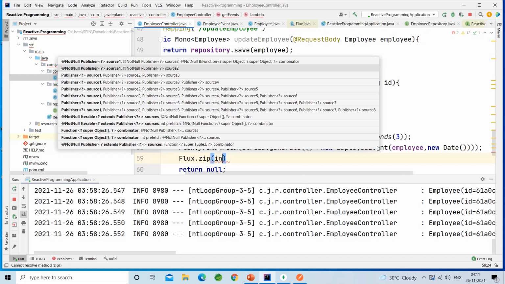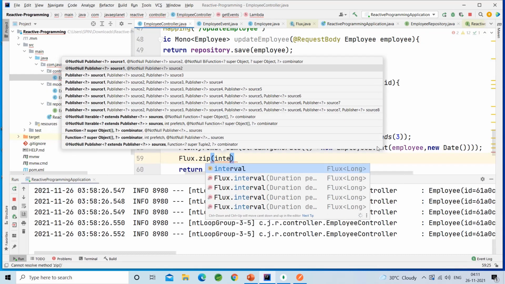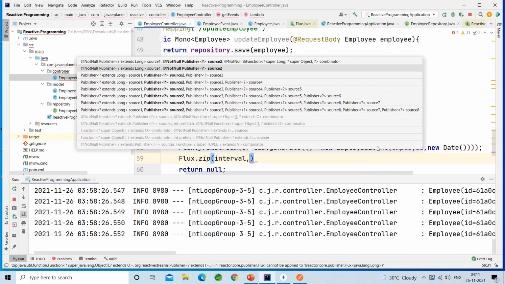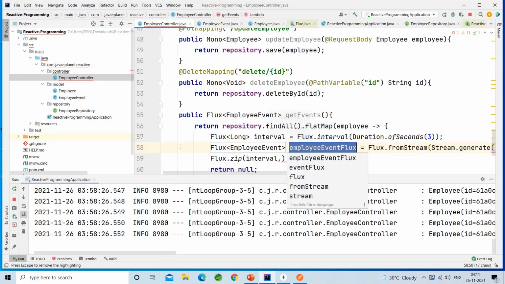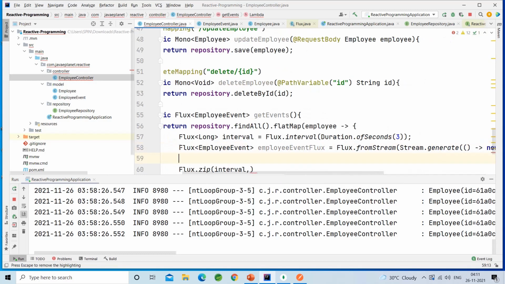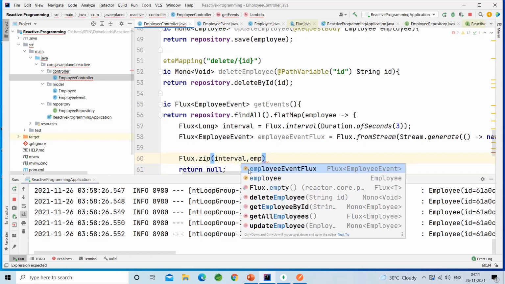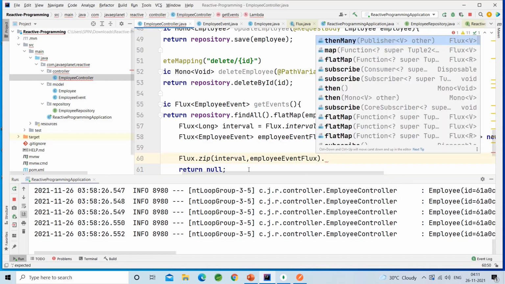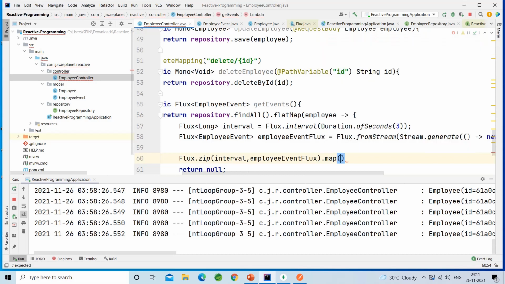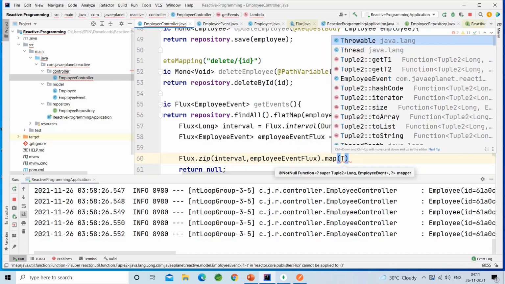I'm passing both, interval comma, assign statement to new local variable, alt enter, comma EmployeeEvent flux, that takes map, tuple getT2.